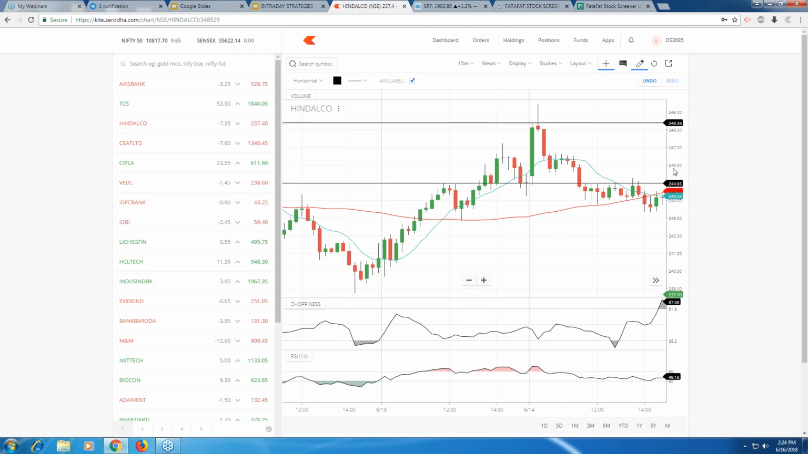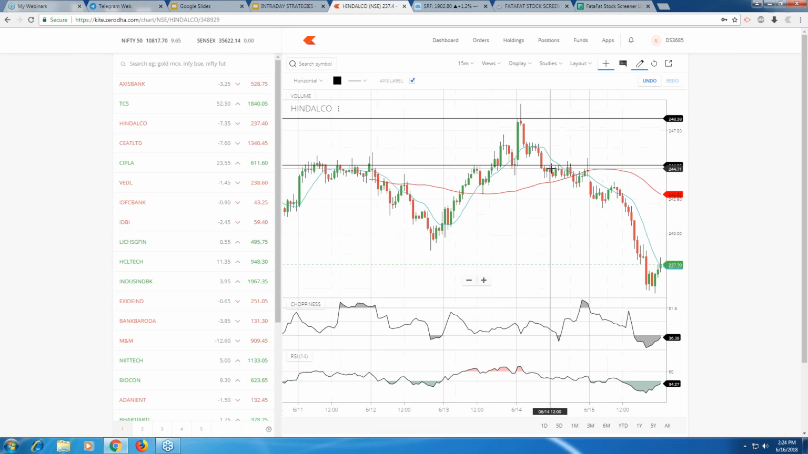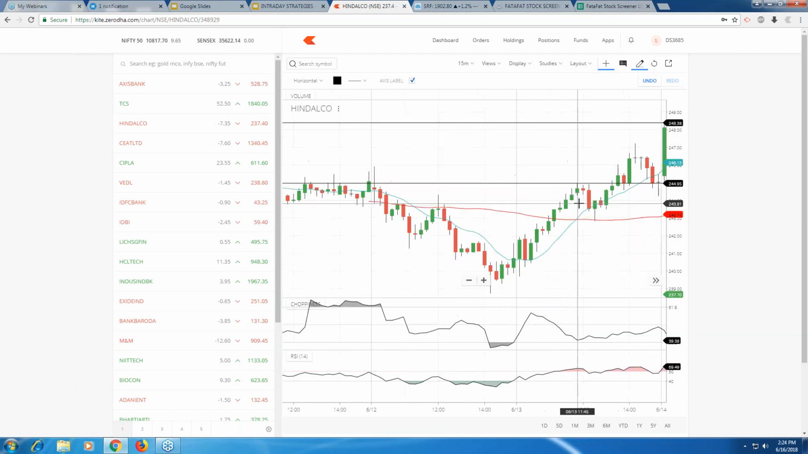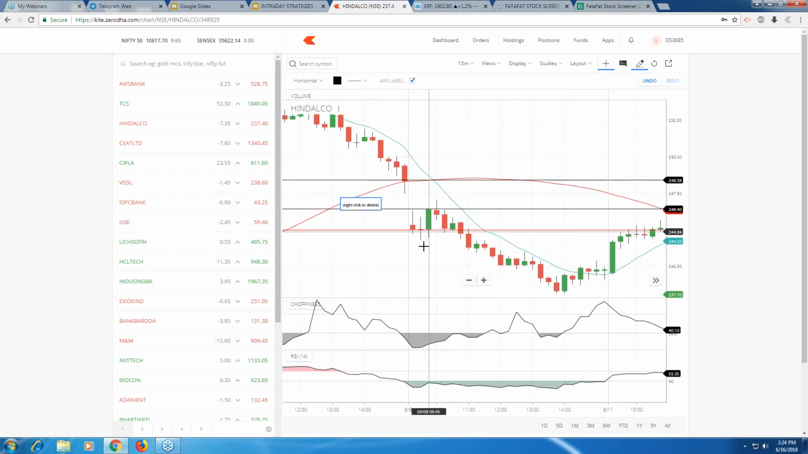Why? Because it's a huge range. There may be a possibility that the stock may not overcome this particular barrier the entire day. So candle size should be small. That is the first condition. Look at this tiny candle. It's a beautiful candle. Once it's broken, price rejection at this point, and see how beautifully this stock has gone